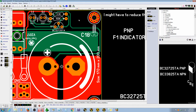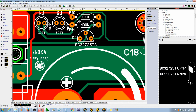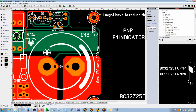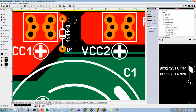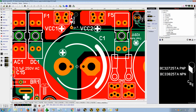All right. I was placing the components for the LED fuse indicator for failure or open fuse. So I was able to do it. I was using the rubber band. It really helps me to figure out how it goes connected. So I got one rail, at least, ready to go for the fuse one. Maybe I gotta do some changes here, but that's the only place that I can put the diode to feed